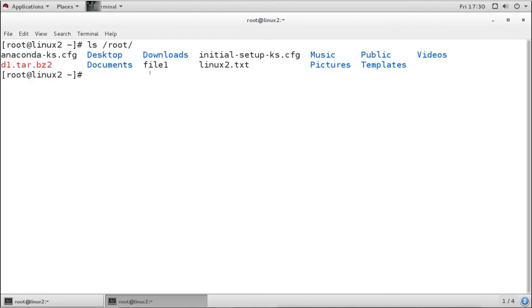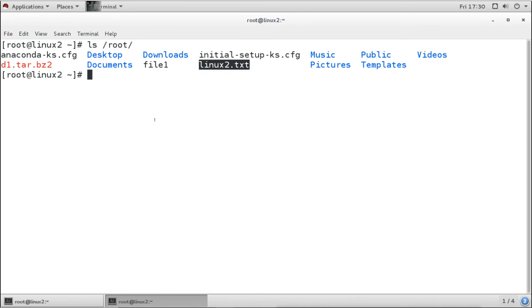So that is what we have downloaded, this file. This file we have downloaded from FTP server. Now we can upload the file to FTP server also, like files which is here under this root user's home directory, we can upload it to the server also.